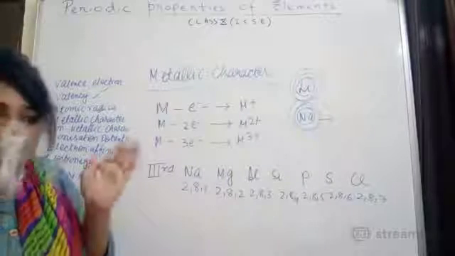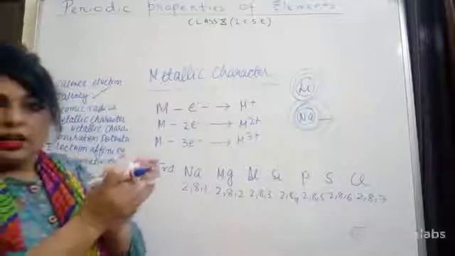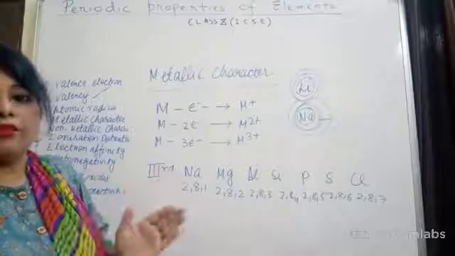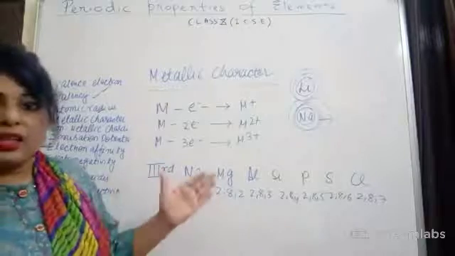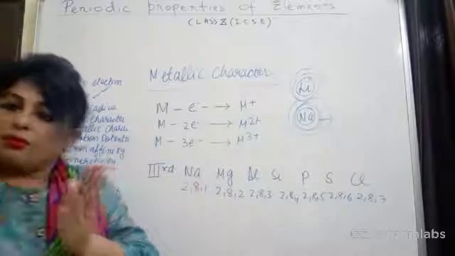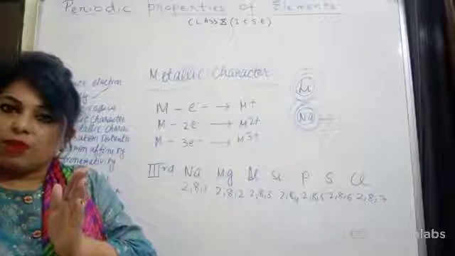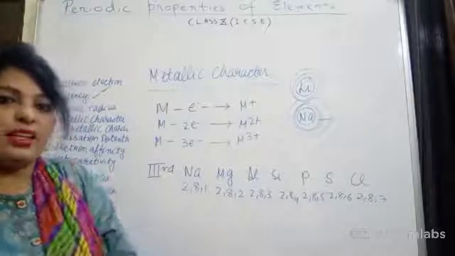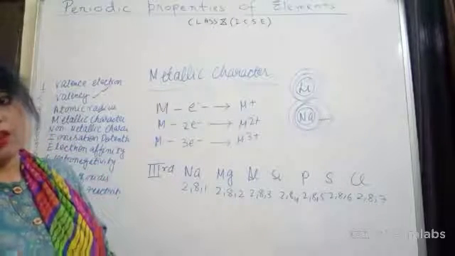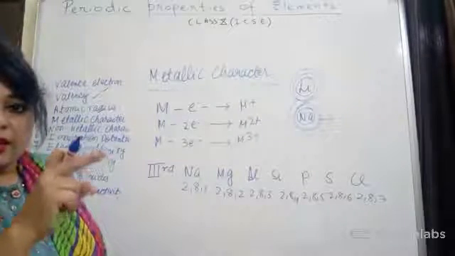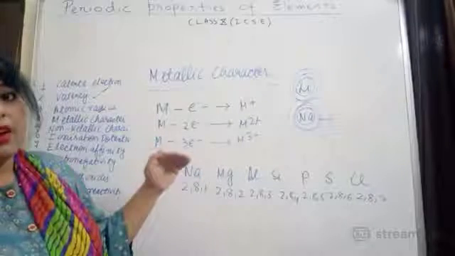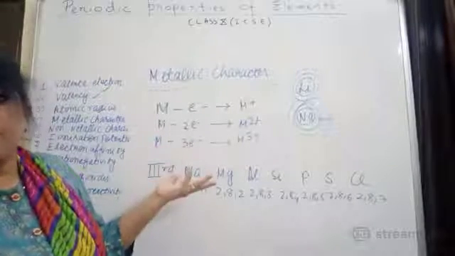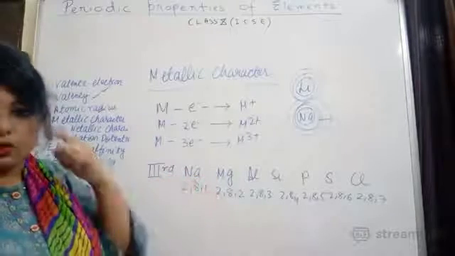The smaller the atom, the more effective the nuclear charge will be, right? It means they cannot lose electrons easily. But the larger the atom, the distance from the outermost shell increases because of the greater number of shells. So what will happen? It can readily lose electrons. This we can say: metallic character is directly proportional to the number of shells. Since from top to bottom the number of shells is increasing, the metallic character will increase because they can easily lose electrons.